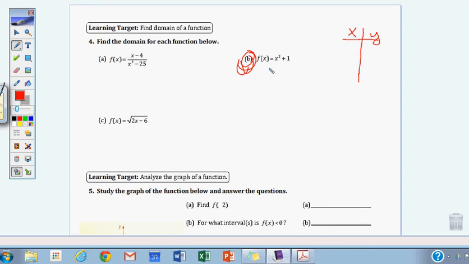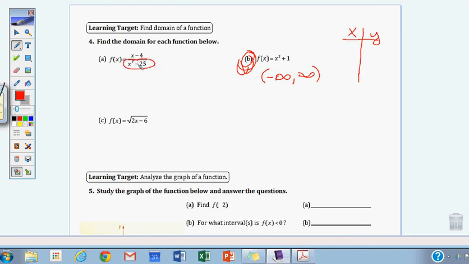So when that's the case, that's literally the way you would want to say all real numbers for your domain, like negative infinity to infinity. Everything will work. Everything fits. The domain is the set of everything that works for the x value. So now let's jump up here. This is different because we have a